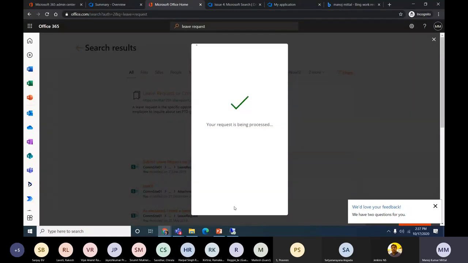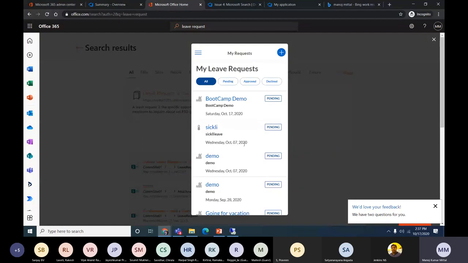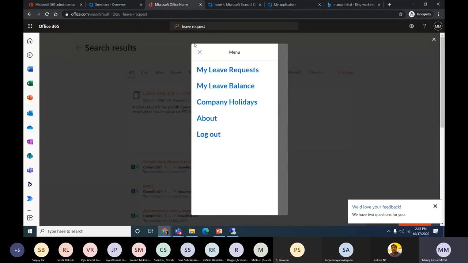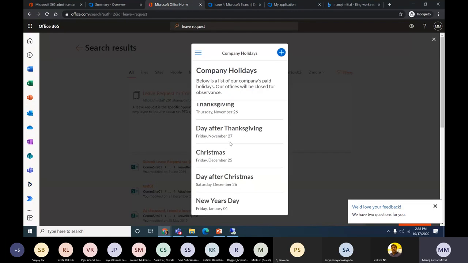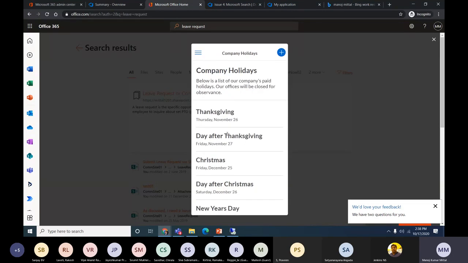It's just submitted. In the back end, I'm storing this information locally, but we can use the application to store data as per the connectors available in Power App, to SharePoint, SQL, or any other systems. If we have any other legacy system, we can use custom connectors using API Management and store it there also. Other cool features, like menus, start appearing here, so people can get the information from it. These are the company holidays, and people can use them here. So search is not only search; we can make it more interactive using this type of application.